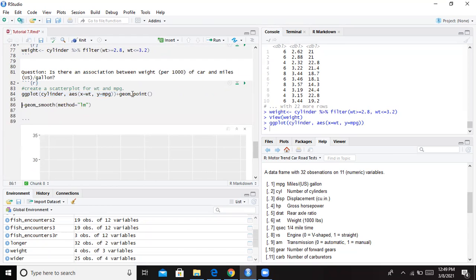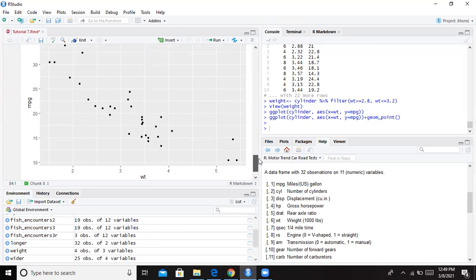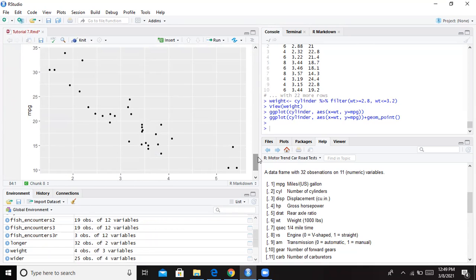Well, I get the points without any kind of linear line that I estimated through it. But you can see that it's pretty strongly negative, right? So we can see that my hypothesis appears to be a little bit correct, where if you add more